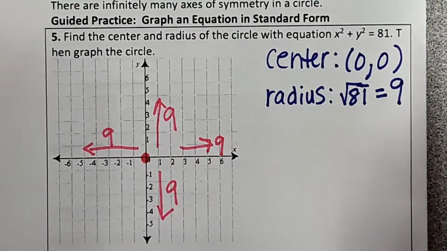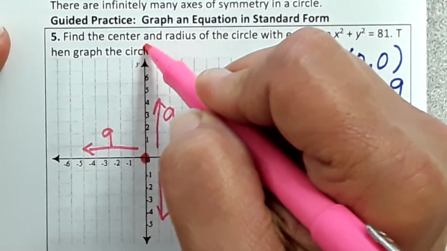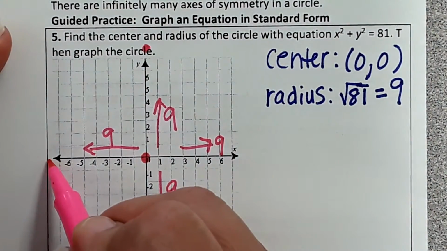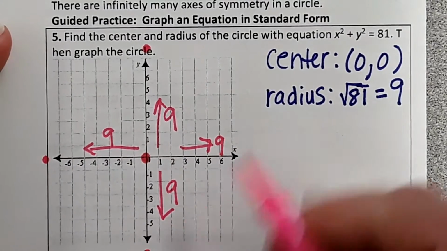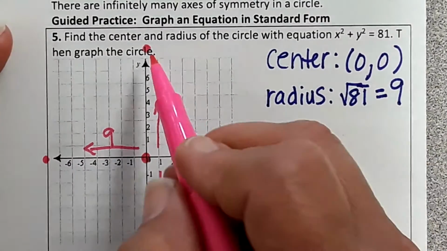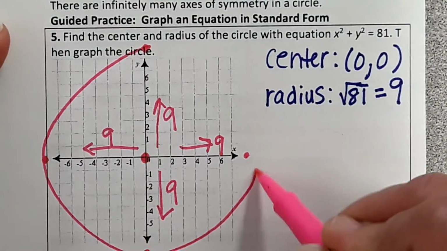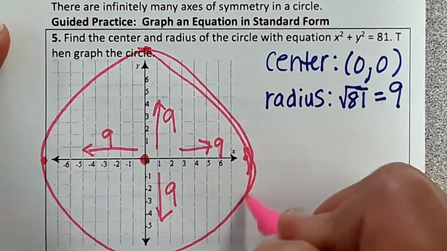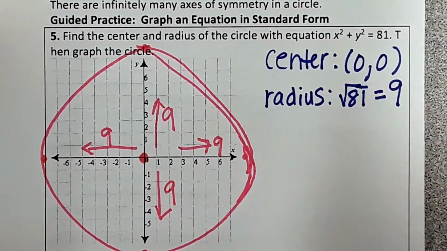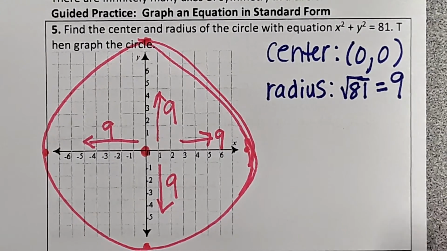Now, when you go to graph this, you're going to notice that there's no 9s on the graph. So just do the best you can. 7, 8. I'm going to put 9 up here, and 9 here, here, and here. And then make your circle look kind of like a circle. Yeah, I can't draw very well, but it should look like a circle. And that's how you graph a circle. Do you guys remember this from geometry a little bit? Sadly,